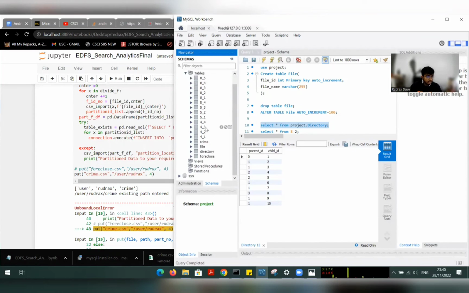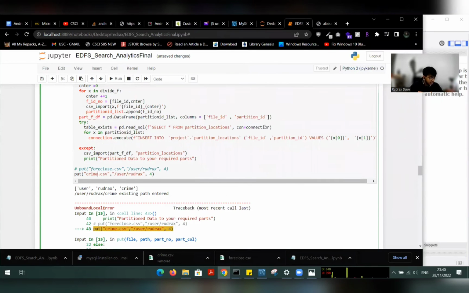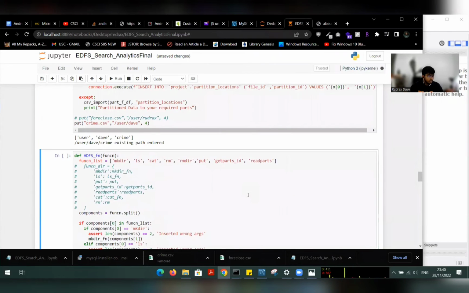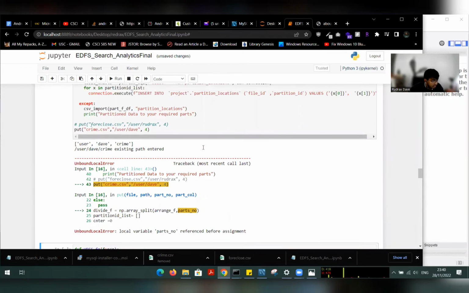Let's see if we can upload another dataset or crime.csv, and we are just putting it into Rudrax/Dave. Okay. Existing path entered, parts number, reference number, got it.